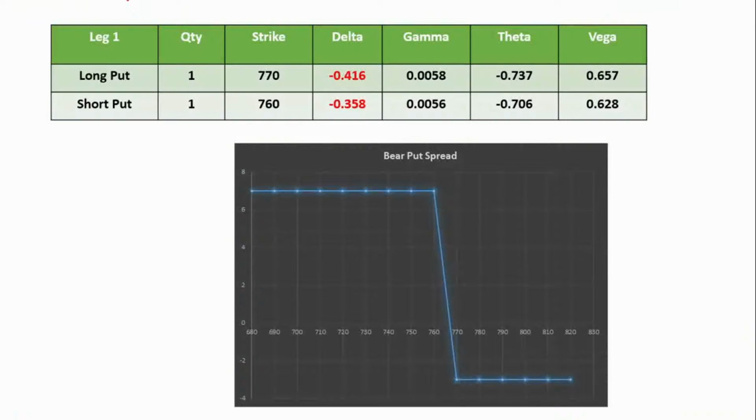option Greeks. As I said before, we have initiated the two legs. The first leg would be the long put. We initiated the strategy with the strike price of 770. So what are the delta, gamma, theta, vega? These are the main four factors which influence the option premium. So this is a very important concept. I have already given very detailed information about how options work, and what the delta, gamma, theta, vega are, in a previous video.